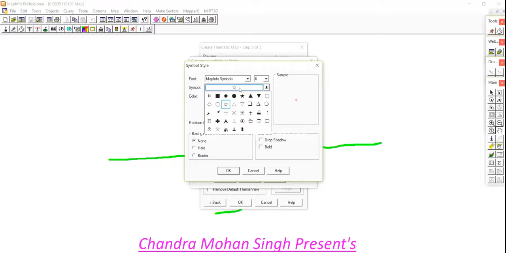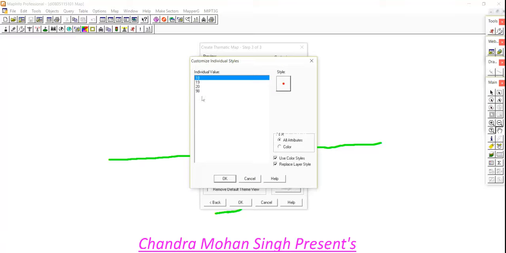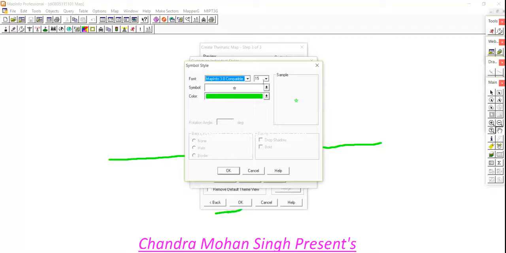In symbol, we choose circle and color. For PCI, it's automatic by default color. We have taken the default color. Okay, color red. After that, we click 19. Same steps we have done here: size 6, MapInfo symbol, circle.